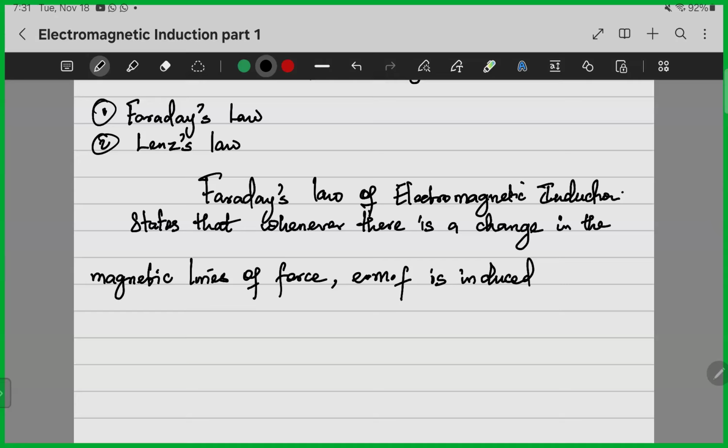Let me write it in full. So whenever there is a change in the magnetic lines of force, an electromotive force, EMF, is induced,